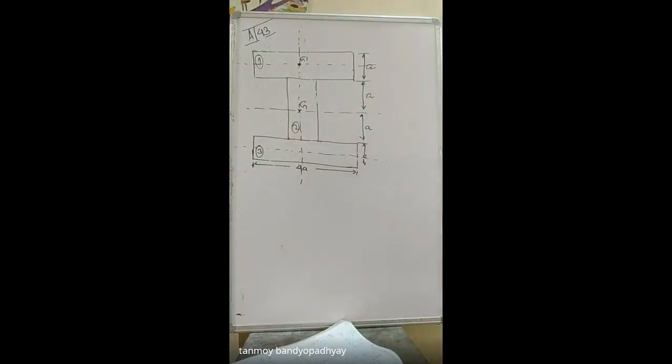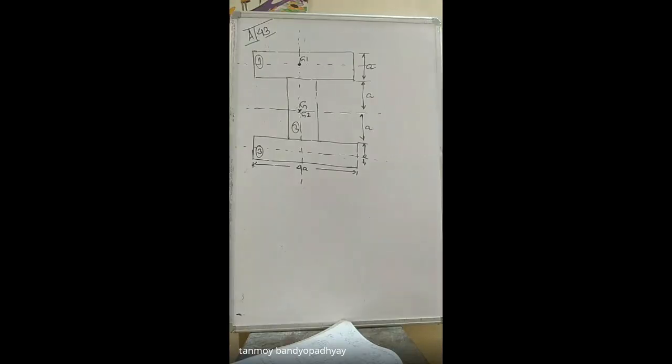So for the element 1, the centroidal axis passes through G1, where G1 refers to the centroid of the element number 1. For element number 2, if I call G2 to be the centroid of the rectangle 2, G2 and G actually coincide. That depends on the geometry of the I section. Because of the geometry of the I section, G2 coincides with G, where G2 is the centroid of the rectangle number 2, while G is the centroid of the entire I section.